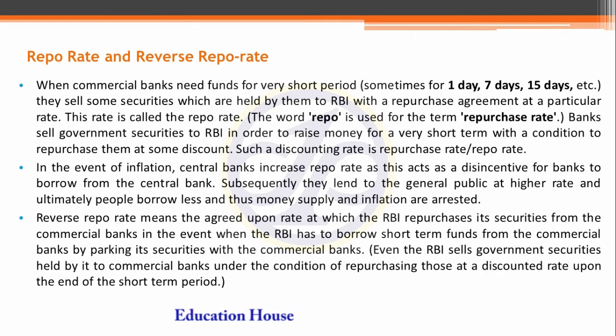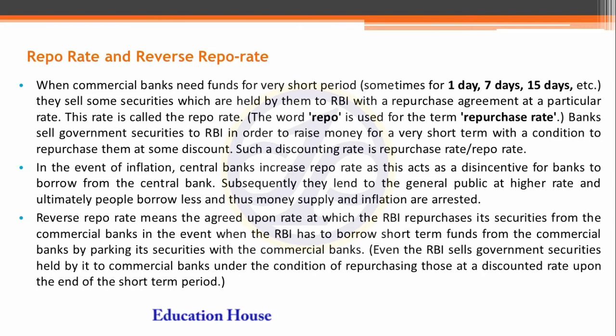But when recession is going on, at that time Reserve Bank of India reduces the repo rate, so people are ready to get loans at a lower rate of interest and the supply of money rises. So this is the way repo rate can be fluctuated. In inflation, repo rate will rise, and in recession, repo rate is reduced. But for that, every commercial bank has to mortgage some securities with RBI, and RBI gives them a loan.